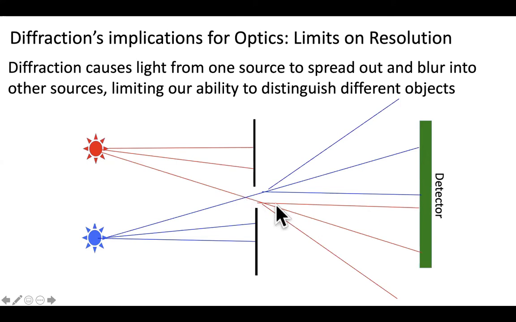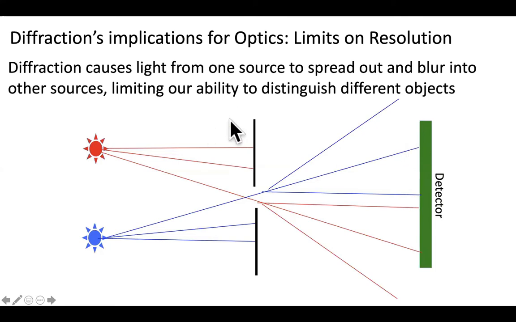And things you might think would help with the resolution, like making this aperture smaller, can actually make it worse because the light spreads out. This means that anytime we have an aperture in our optical instruments, there's a limit to our ability to measure or to distinguish